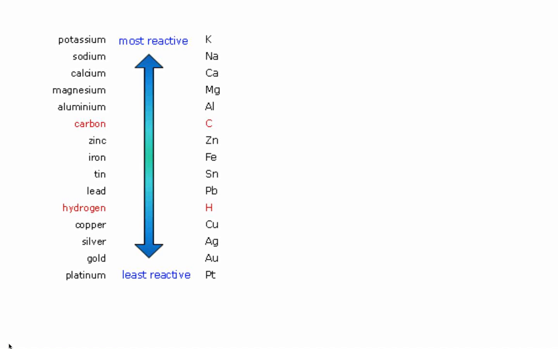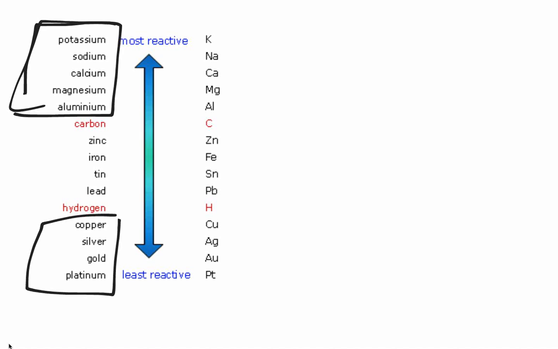So here's a chart of that reactivity. Notice potassium, sodium, calcium, magnesium, even aluminum are some of our most reactive metals. On the very bottom of our reactivity list, we have copper, silver, gold, platinum. So again, things on that far right side of our metals are generally unreactive. Things to the far left generally are very reactive. And so the least reactive ones have stronger bonds because they have more delocalized electrons holding things together. Our most reactive ones are, again, on the opposite side.